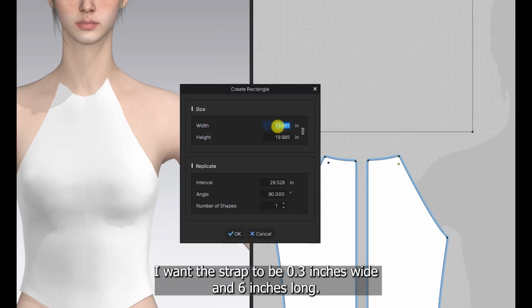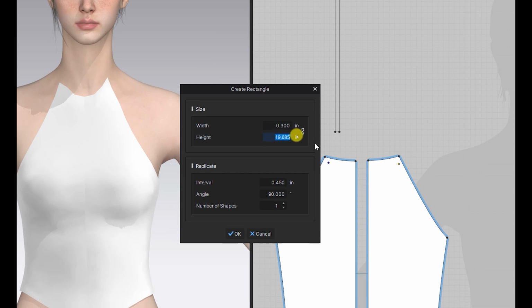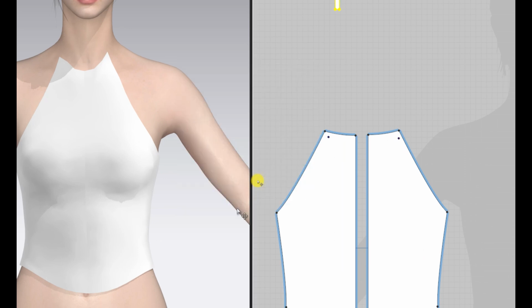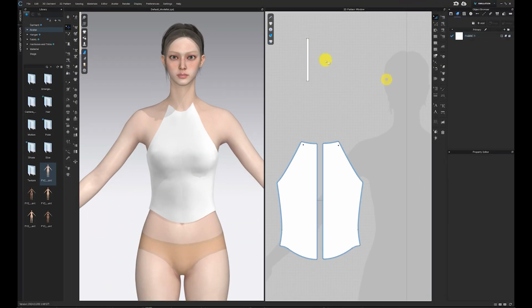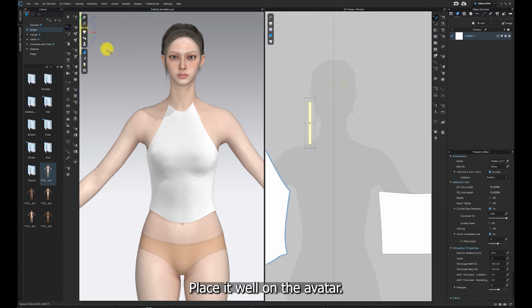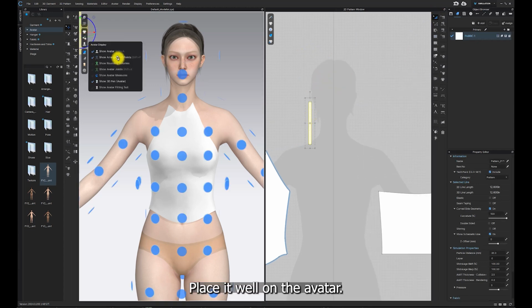I want the strap to be 0.3 inches wide and 6 inches long. Place it well on the avatar